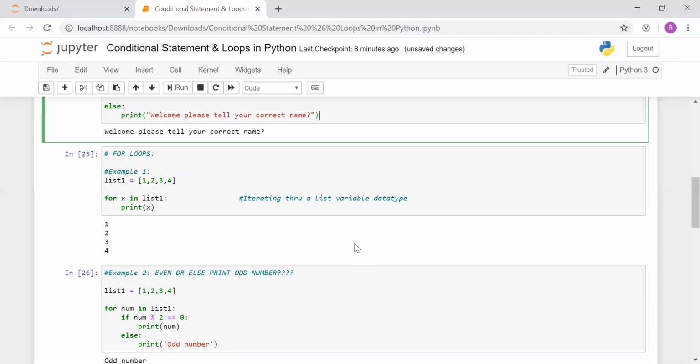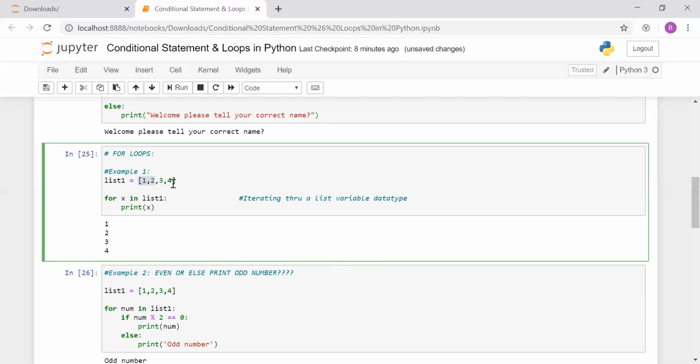And here I have shown you the for loop with the help of examples. In my first example I am iterating through a list. Here, this is our first example, that is list 1. I have assigned the list values in square brackets to a variable list 1, and I am iterating through it using a for loop.